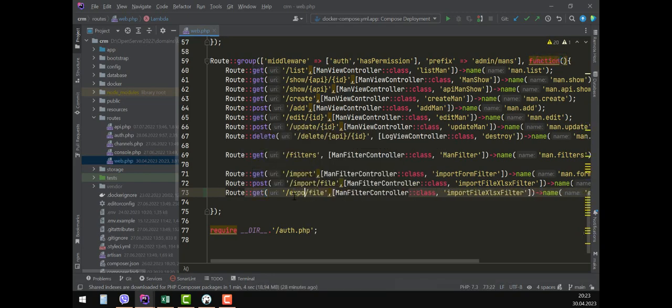Go to routing and duplicate the post request, change it to a get request, change the route name to export file CSV. Okay, go to our methods and change our methods. Okay, export file CSV